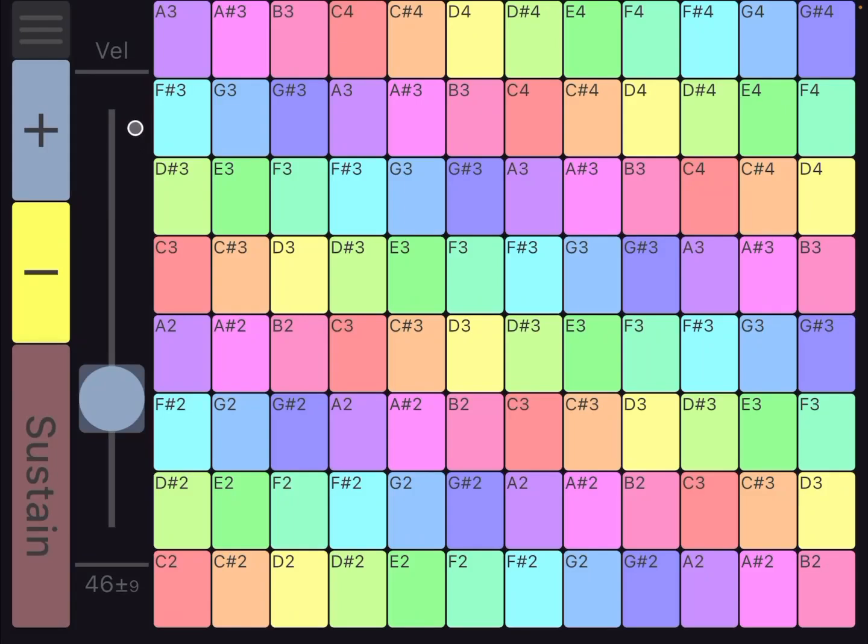Today I'm going to do a video on this really cool little app called Midi Poly Grid that is available for Android, iPad and iPhone. So it's a grid style MIDI controller, and I'm really enjoying the fact that it's cross-platform because I use iPad but I actually use Android for my phone. So being able to have this on my phone and control synths and stuff on my iPad over Bluetooth is